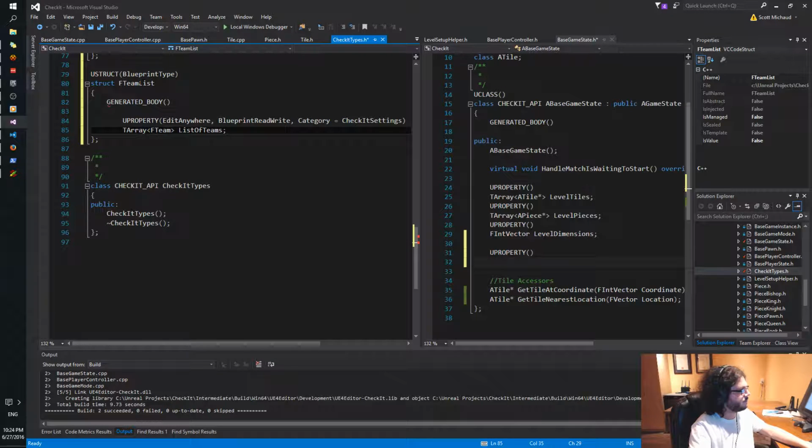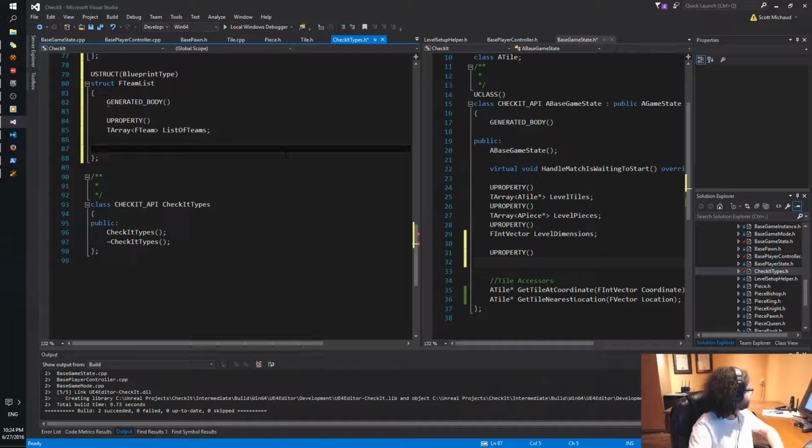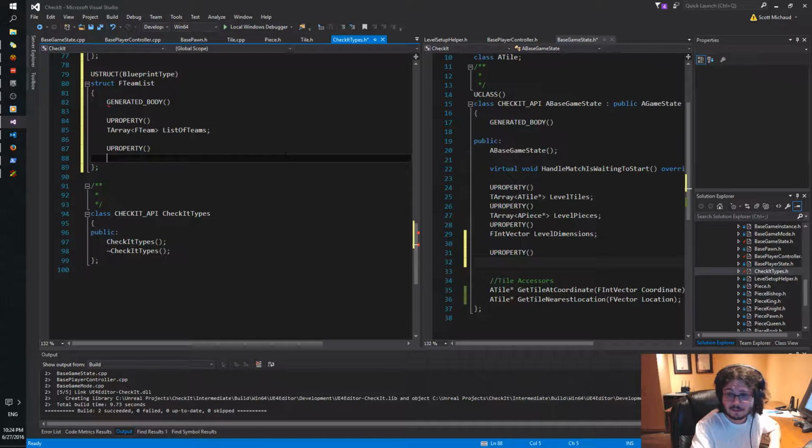Team list, sorry, so it's not confusing with team list teams. We'll just have it be a base UProperty for now. We won't actually deal with blueprint functionality just yet. We'll eventually figure out what we need to allow access to blueprints and what we won't allow access to.